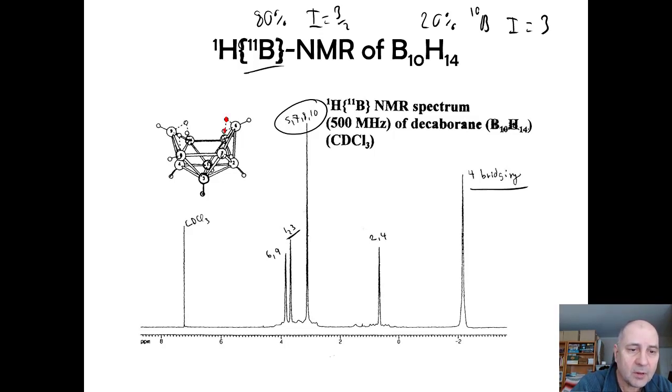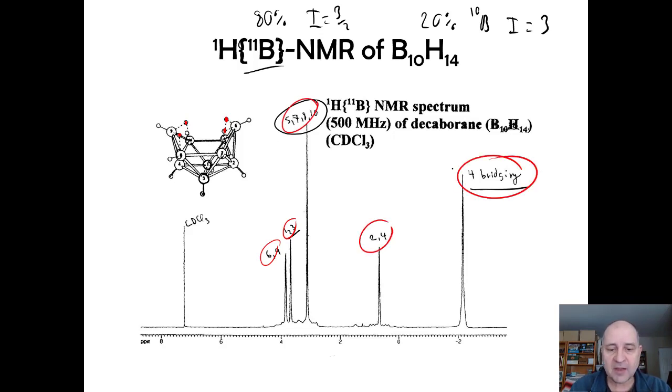Here they are, bridging. I almost colored the wrong one. It's not all that important because I don't want you to look at the symmetry and be able to assign an NMR spectrum. I just want you to realize that, okay, we have 1, 2, 3, 4, 5 chemical